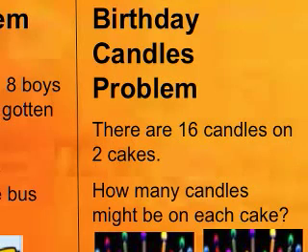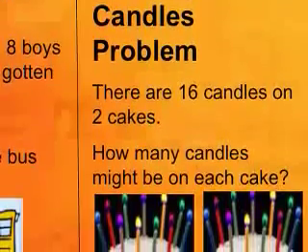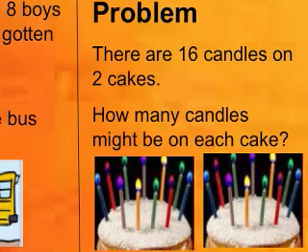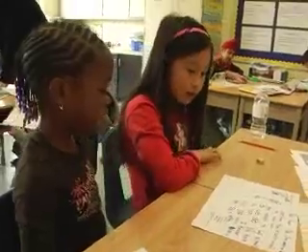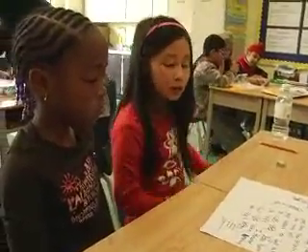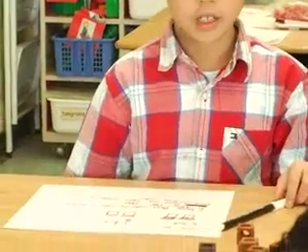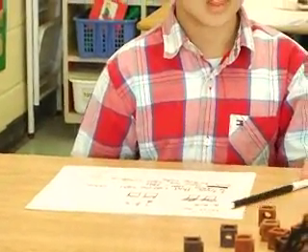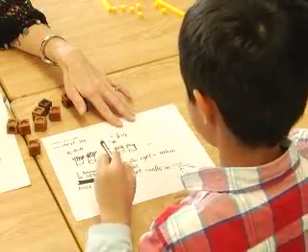You'll notice it involves using 16 candles, so the kids could use facts. So they might use 8 and 8, and they might use 9 and 7, and they might even use 10 and 6, which isn't technically a fact, but it really shows you what facts they can bring to bear. Now, it's facts involving teen numbers rather than earlier numbers, but it does show you what facts they can bring to bear. And it also shows you whether they stop after they have one combination or if they continue, and so it shows you a little bit about their perseverance as well.